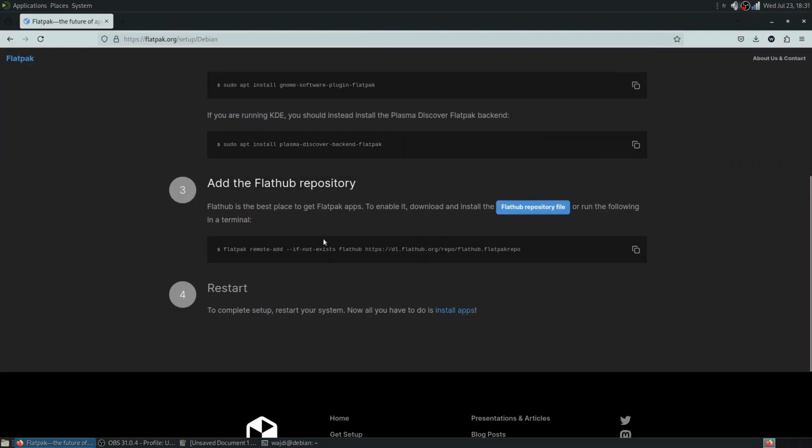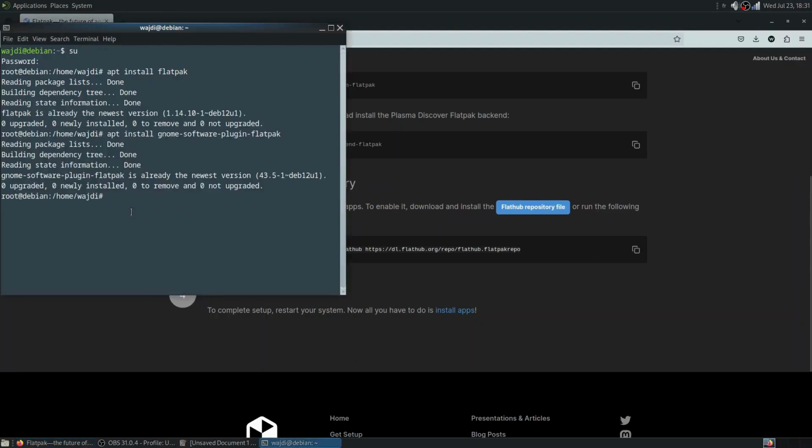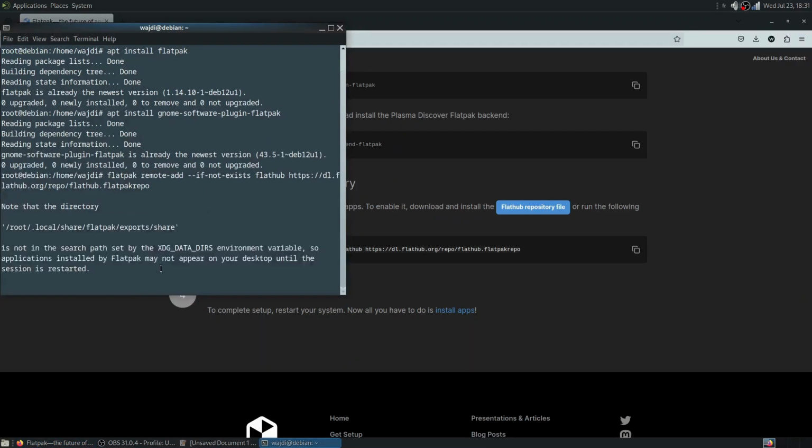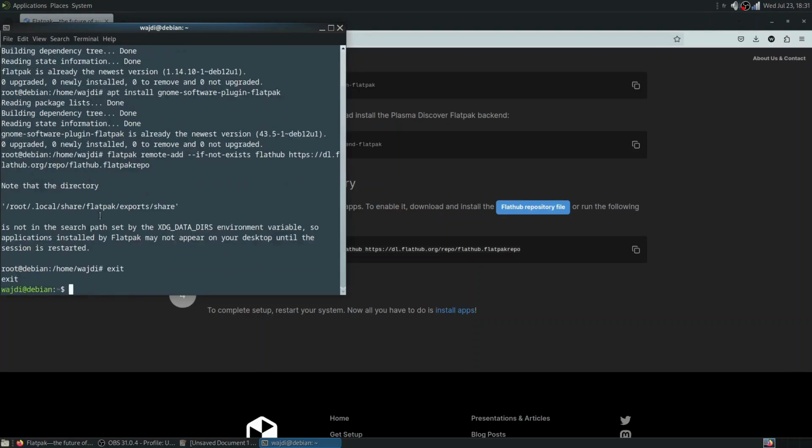After that we are going to add the Flathub repository. Copy the full command, put it in terminal. After that type exit and